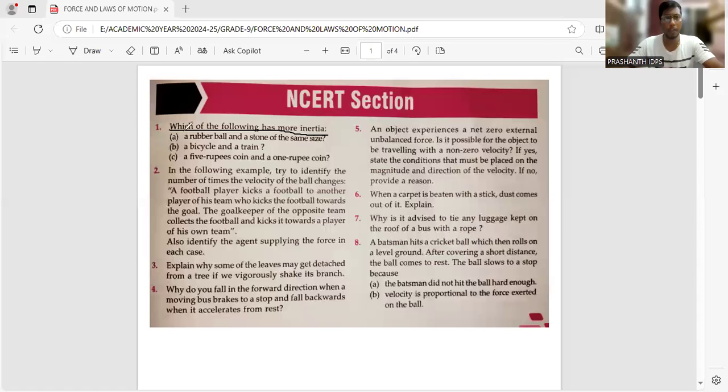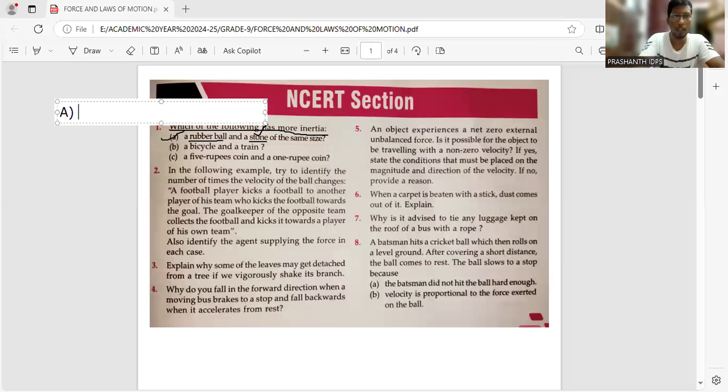Now let us see. A few examples are given. First one, a rubber ball and a stone of the same size. If you compare these two objects, which will have more mass? Stone, right? Because stone has more mass. What will you write? Stone